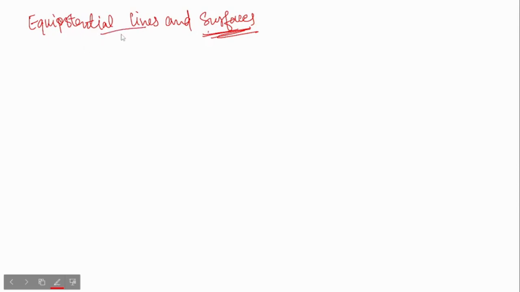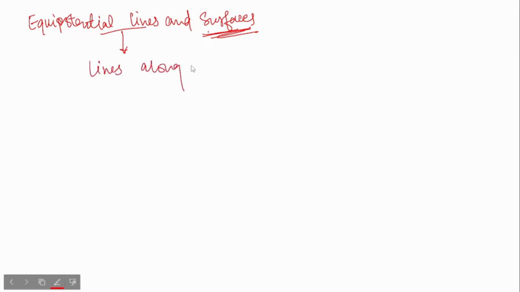Today we're studying about lines and surfaces. Mostly in our syllabus, equipotential surface has more weightage. Lines I'll tell you basic. So first we'll look at what are equipotential lines. Okay. So equipotential lines are basically lines